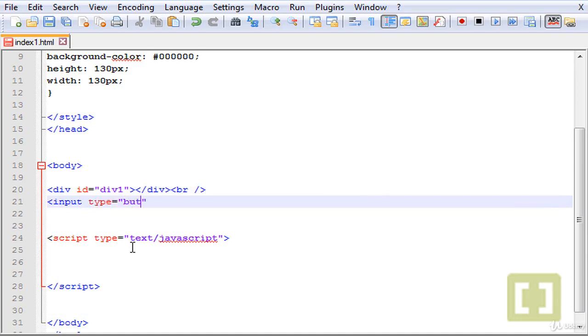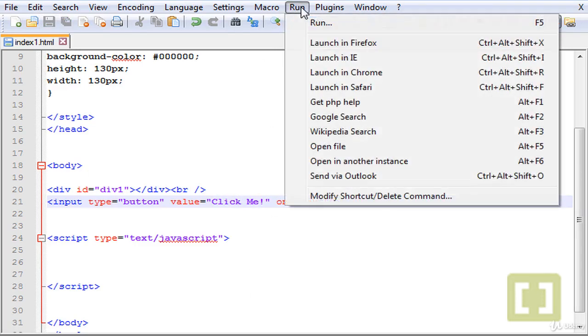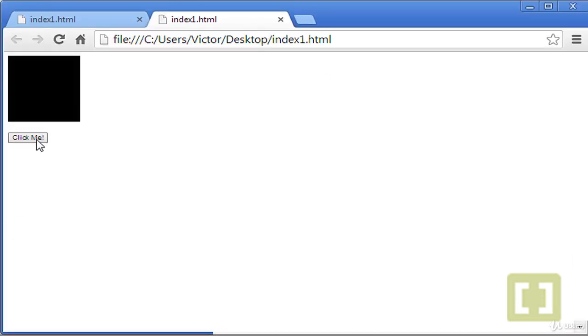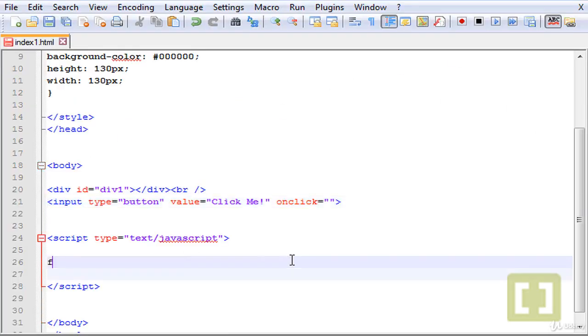type equals button, and let's say onclick equals, and I don't have the function yet, so let's leave that empty, and let's give it a value. Let's type here, click me. Okay, save this. Let's see what happens if we open this. Okay, so if we click here, nothing happens, but let's create the function that will change the background color whenever